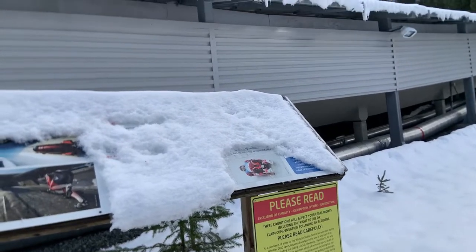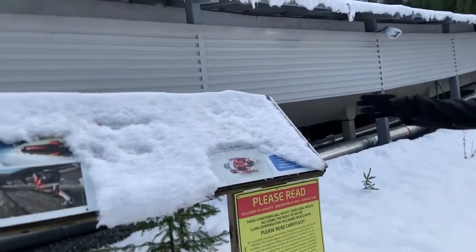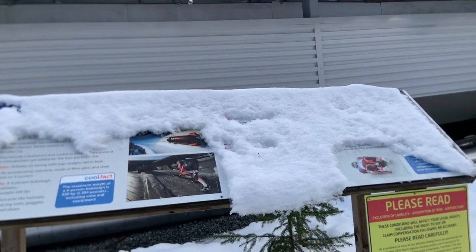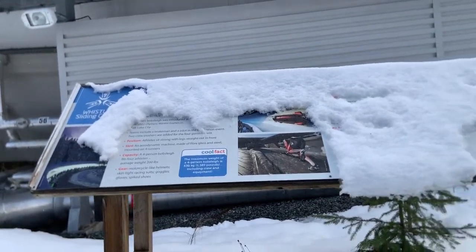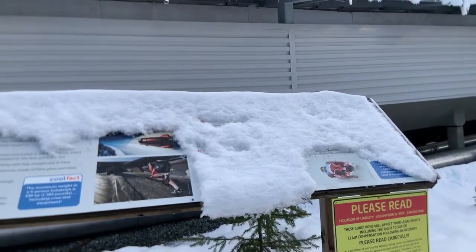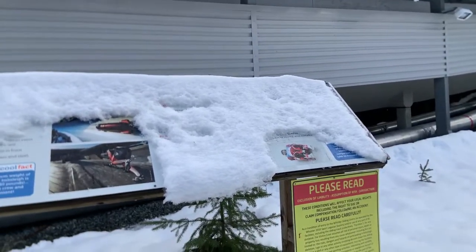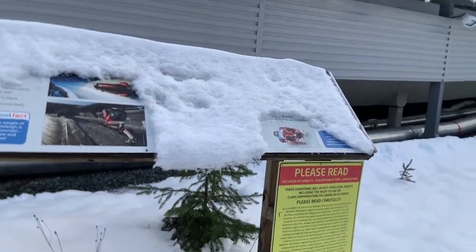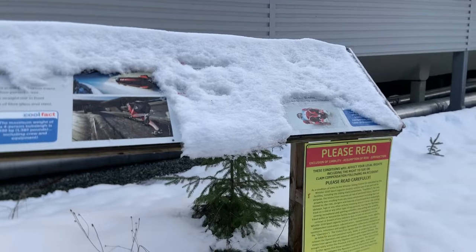Now, one of the most unique things that people like myself and you guys can try while you're here in Whistler are these two. From the 17th of this month, so what's that, another 10 days or so, you're able to come up here and be a passenger in the bobsled, not from the very top, from the highway up, turn 6 down to turn 16 where we're going. You'll have a professional driver sitting in the front, up to 3 of you can sit in the back. You already have your helmet on, you're already in the sled, and they just